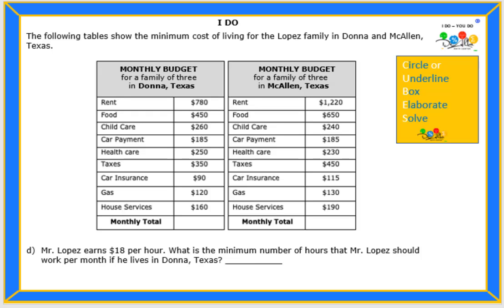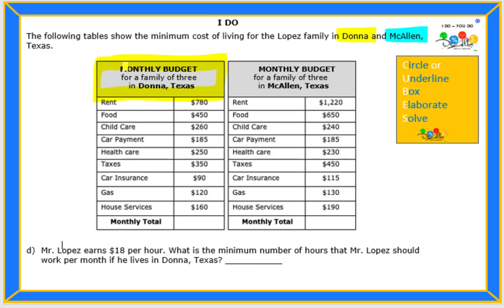We've seen this problem and we've been working on it. We've done a couple of things. Remember, this problem is about the living expenses for the Lopez family, and we had a comparison of living expenses in Donna and living expenses in McAllen. So our first table